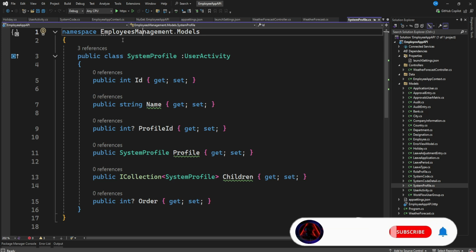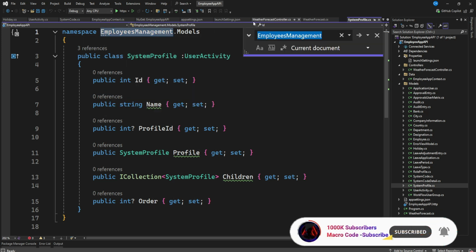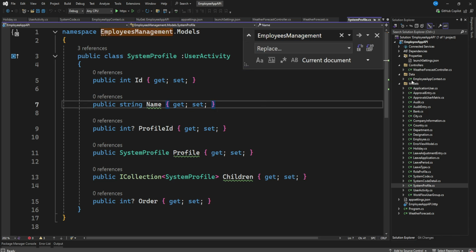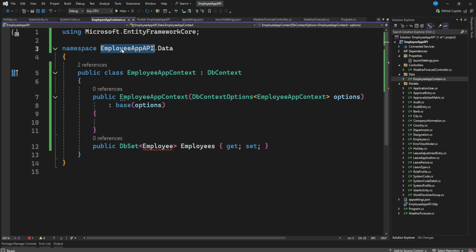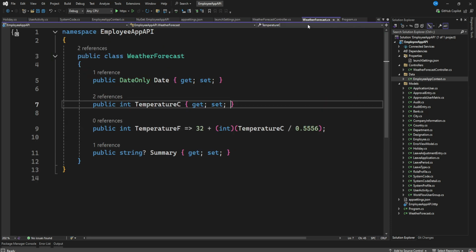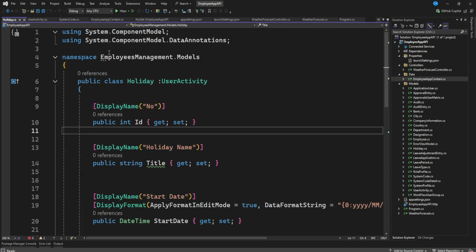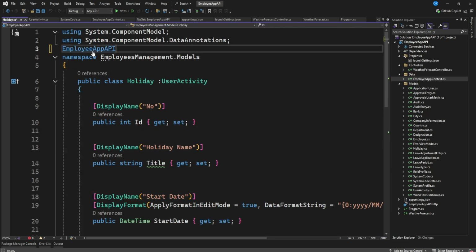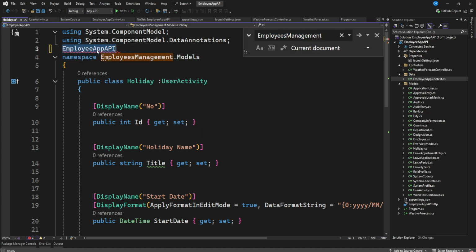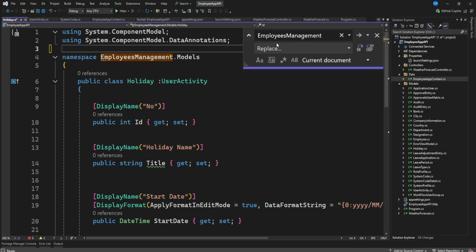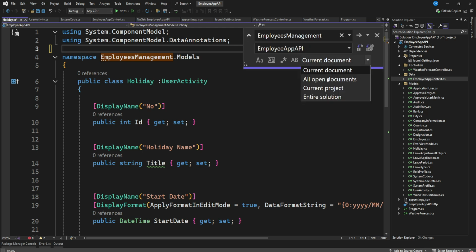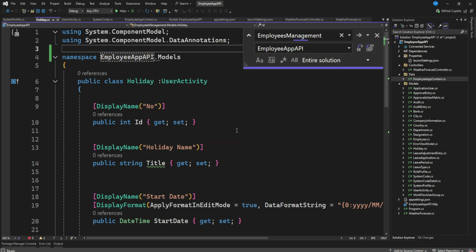So you can see the namespaces. I'll just replace the namespace here with our current namespace, which is this. So let me just copy this here. If I copy this, I need to replace that particular namespace with this. And I can do that in the entire solution. So if I just replace,